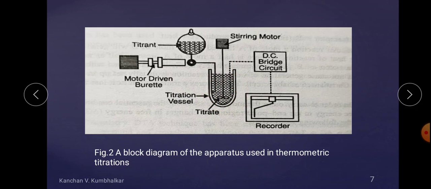So the temperature of the solution inside the titration vessel, as well as the temperature of the vessel itself, is measured by installing one extra thermistor. This is the first modification.